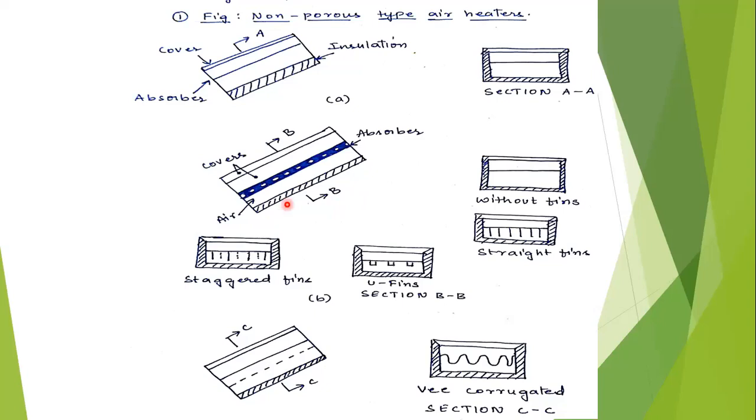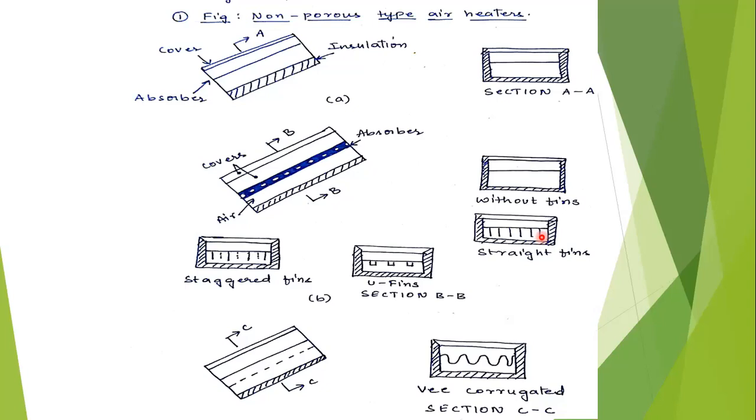Next, the transmission of solar radiation through the transparent cover system, and its absorption, is the same as that of the liquid type flat plate collectors. The solar radiation coming to the absorber is absorbed by the absorber plate, and the transparent cover also absorbs some solar radiation. Again there is emission. These are all the same as liquid type flat plate collectors.